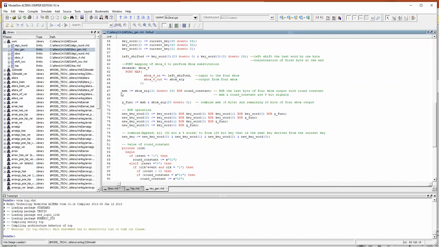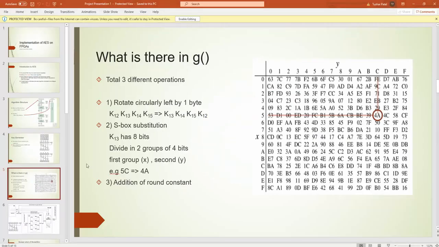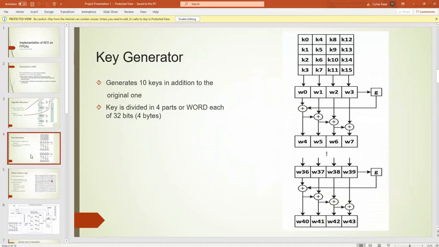Then the output will be MSB, and that MSB is then appended here with SBox signal rest of 23 down to 0. So that is how we have the G function. So this thing here we can map to this G,